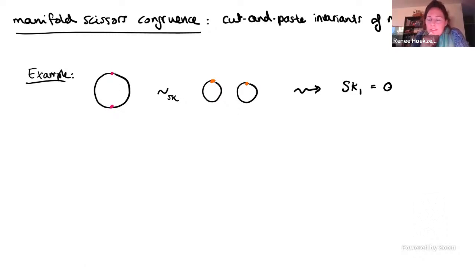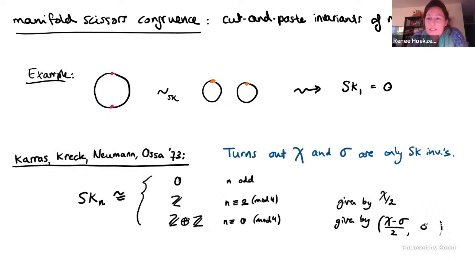So for example, if I take one-dimensional manifolds, the compact ones are all generated by the circle. And the circle I can cut, and then I can glue back 2 circles. So in particular, I see that the generator of this monoid is sent to 0. So SK_1 is 0. And it turns out that actually cutting and pasting is very strong in general. So this group is 0 whenever the dimension is odd. And I have 2 invariants in general: the Euler characteristic and the signature.